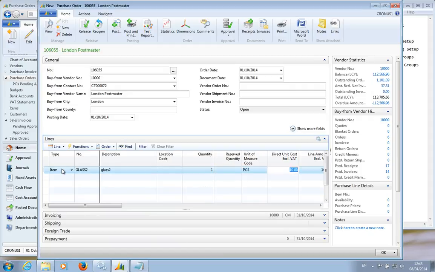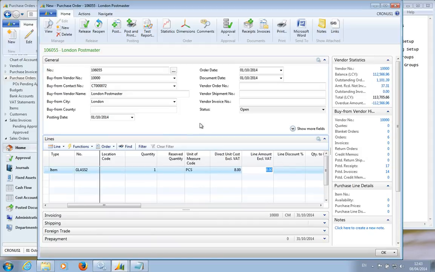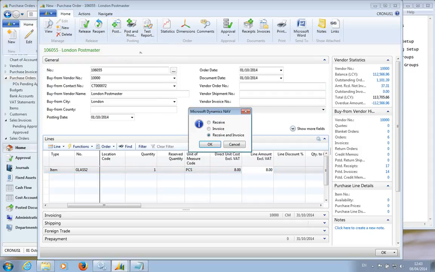Right now we assume it's going to cost us $8, and we start by receiving it. That means we are physically receiving the glass, but it doesn't come with an invoice, so we don't really know what the vendor is going to invoice us eventually. So we say receive,